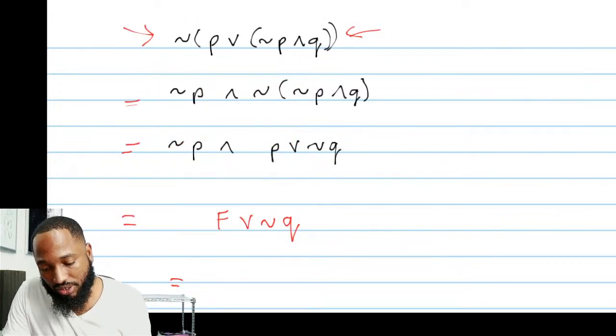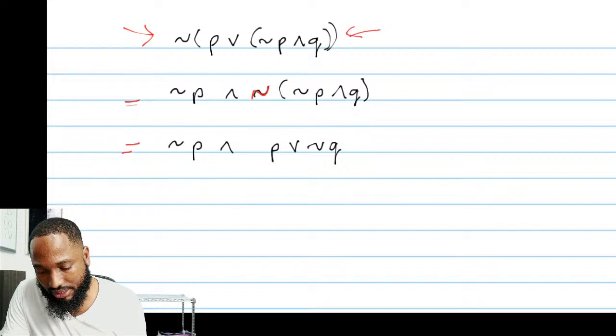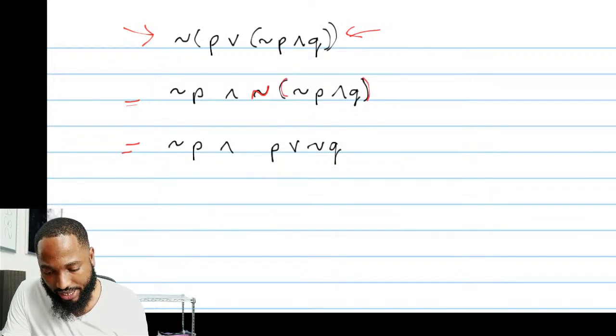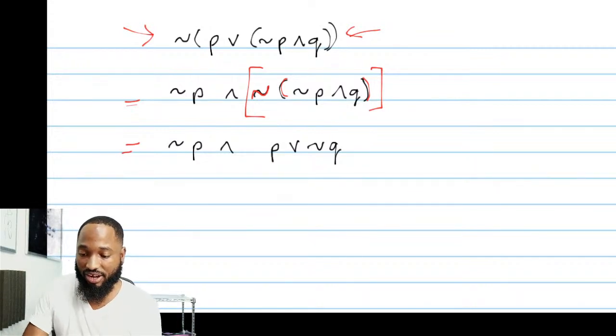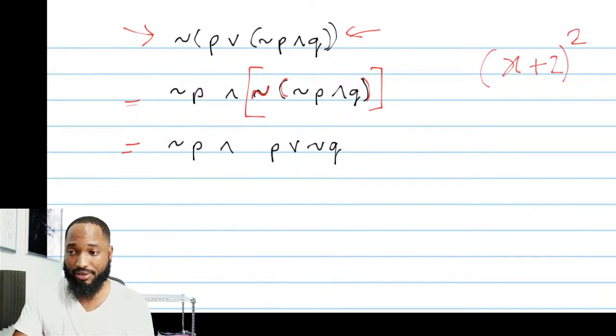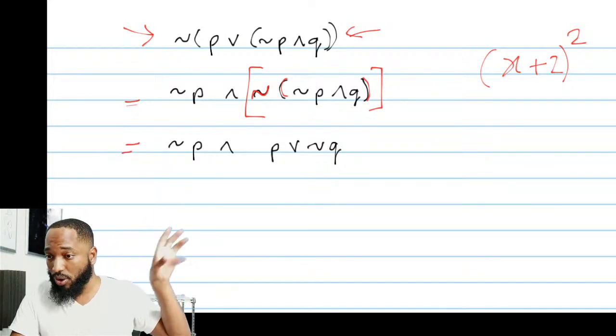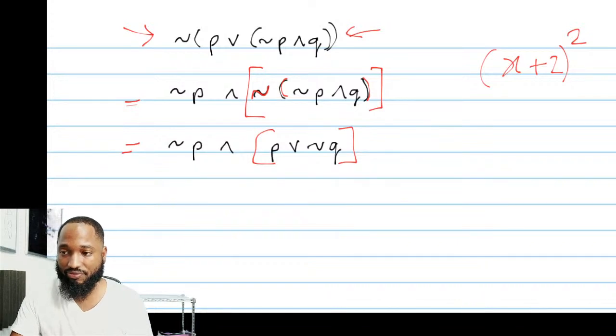This is the thing I want you all to remember. This De Morgan's law, when you have this on the outside going into the brackets here, it's as if there's an imaginary big bracket around this. You still need to do all of this first. In other words, this is like if you had a bracket of x plus 2 squared. You need to deal with that whole contraption here first. So it means that this is still locked up in itself.